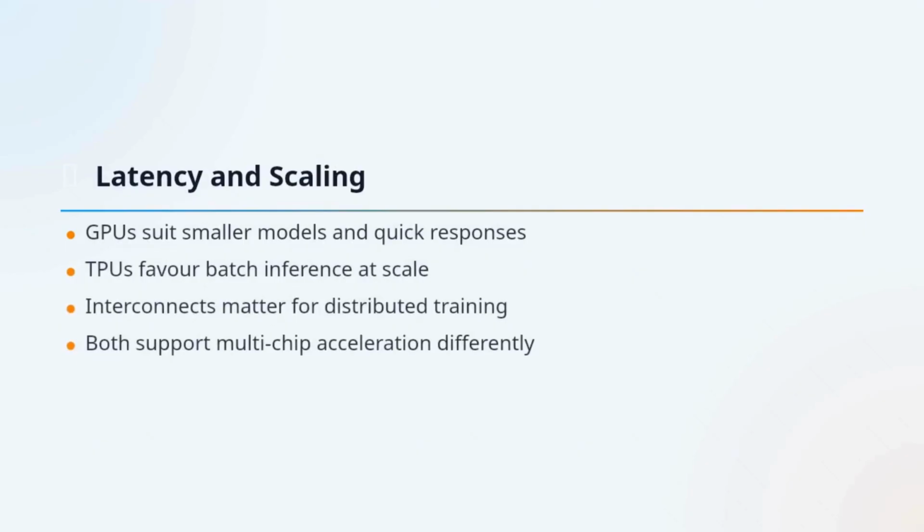Latency is another important factor. For smaller models or situations where fast response time matters, GPUs generally have an advantage. TPUs tend to shine when the workload is batched or distributed across many chips, where their design and interconnects help maintain throughput. Now that we understand the architecture and performance picture, we have a complete view of how these accelerators